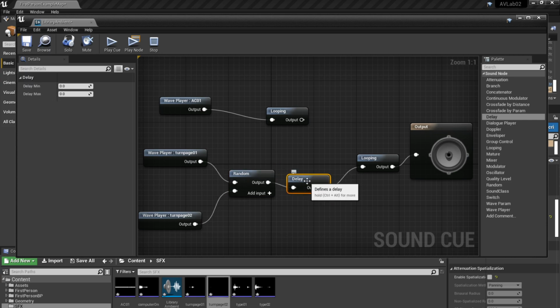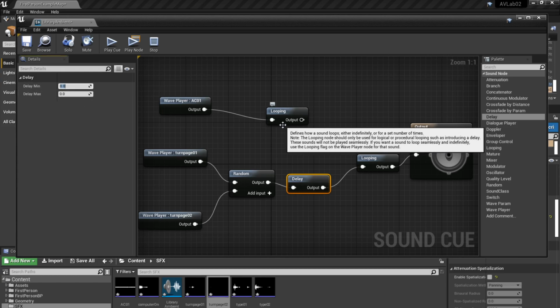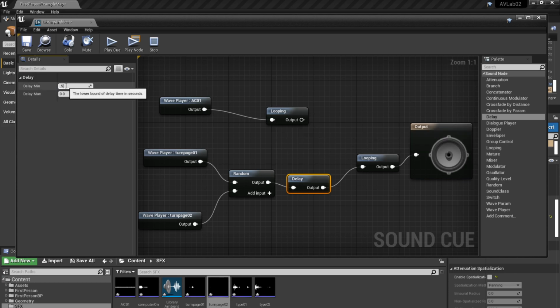We can select this one and put a minimum and maximum. You might just need to play with this a little bit. Let's say our minimum is 0.5, and these are in seconds, and our maximum is 3 seconds. So it's going to delay anywhere between half a second to 3 seconds. And then if we play our cue again,